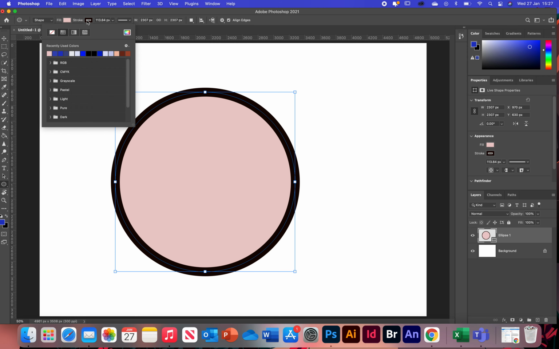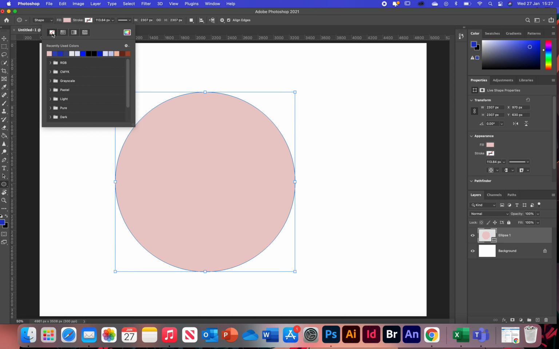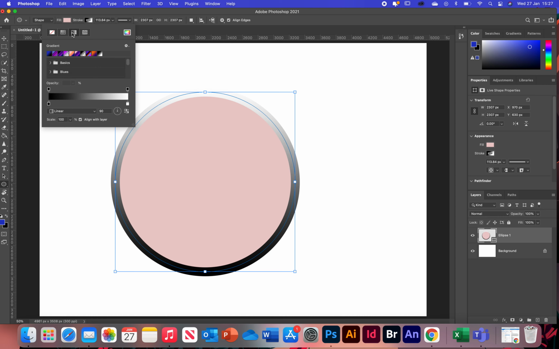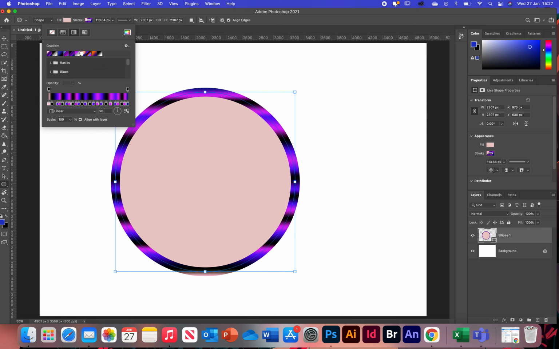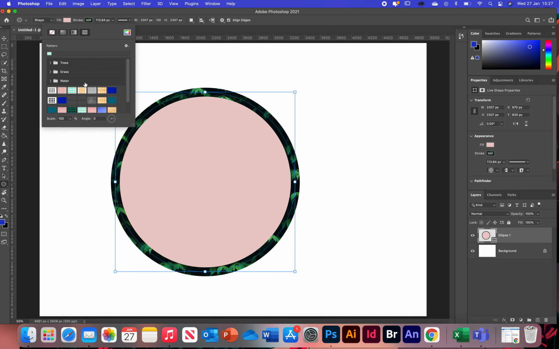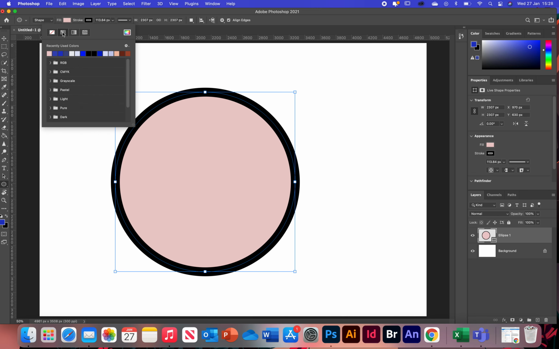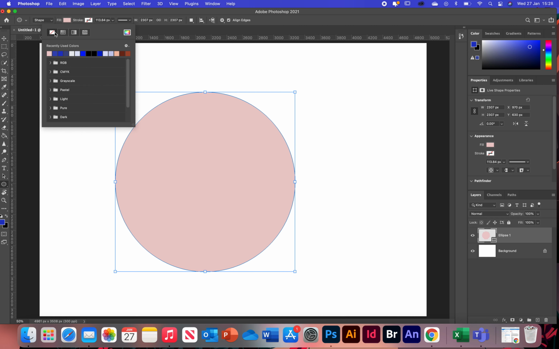My stroke, same thing. So I can have no stroke. If you don't want a thick outline, you can choose from these colours. You can choose a gradient. Similar thing to what I just showed you. If I click on one of these, or you can have a pattern, okay, the same as what I just showed you. Probably for the most part wouldn't want that, but just in case you do. Obviously probably you want no stroke if you need sort of a circle shape, but